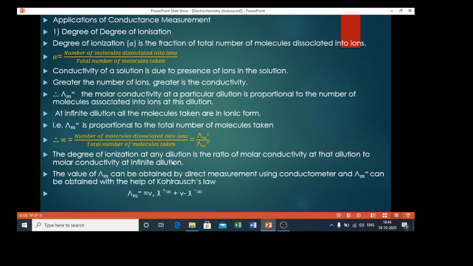Now the next point is the applications of conductance measurement. The first application is the determination of degree of ionization. What is the degree of ionization? Degree of ionization is represented by the symbol alpha. The degree of ionization is the fraction of